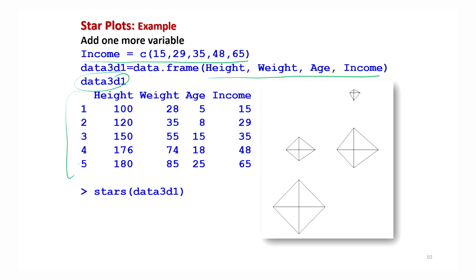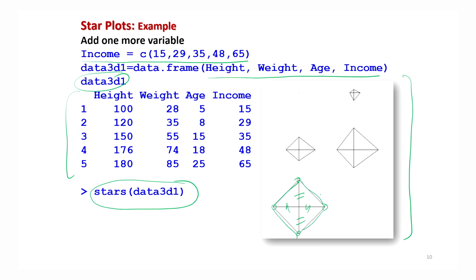If you make the star plots, this will be stars data 3D1, and it will look like this. You can see that this picture and the earlier one are different. Now you have 4 spokes, 1, 2, 3 and 4, and these points are joined by these lines.